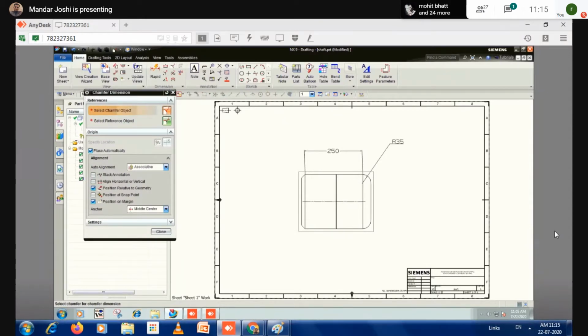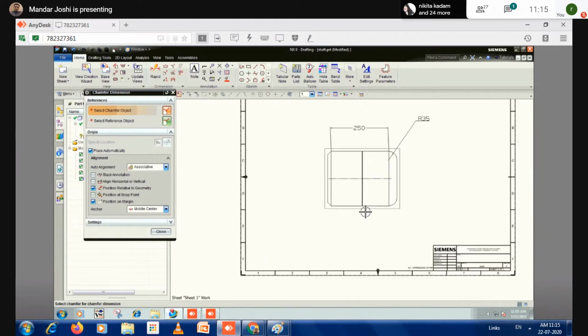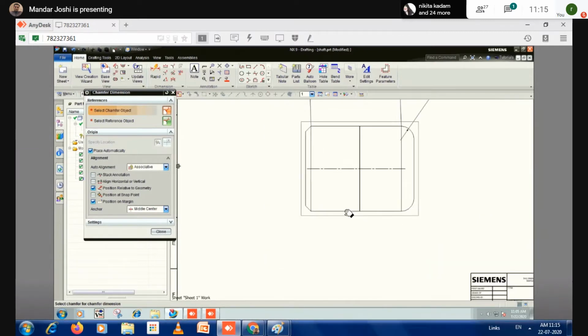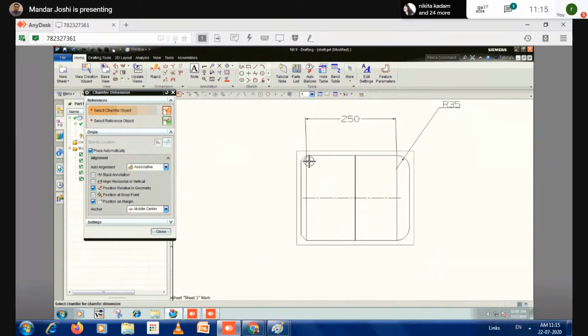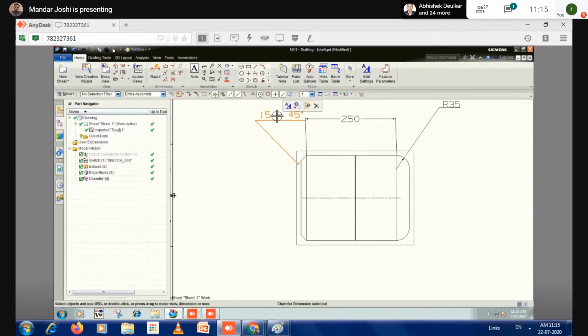After that, slightly I will zoom this and just click on this line. See once again, it's automatically placed. Once again, I'll do. Select this chamfer.